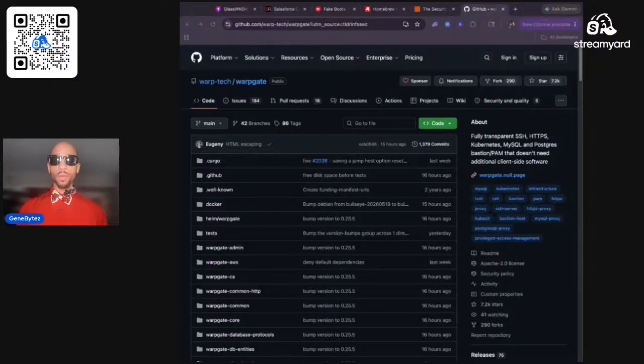Now, this is important for small teams too. A lot of startups and agencies are sloppy with infrastructure access. SSH keys everywhere, shared database passwords, contractors with old access, no real audit logs, production databases exposed too broadly, no consistent offboarding process. Now that works until it doesn't. If you manage client infrastructure, you need a grown-up access story. Warpgate is interesting because it gives smaller teams a path toward that without forcing everyone into a heavy enterprise platform